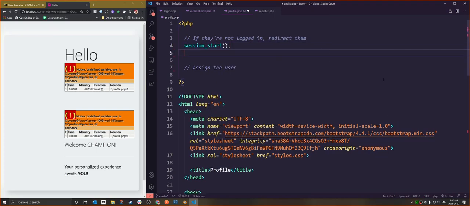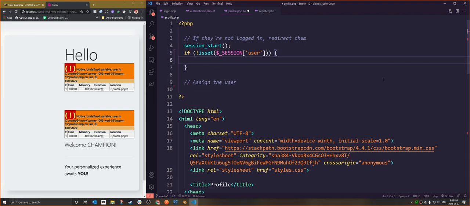right? We'll start the session, and we're going to check to see if a certain session variable is actually created, because if it is, we're going to use that variable as the way to check to see if they're logged in. So I'm going to do if there is no session user, and actually we really just want to go isset. That's the better way to do that, so it's very concise. So if session user is not set,